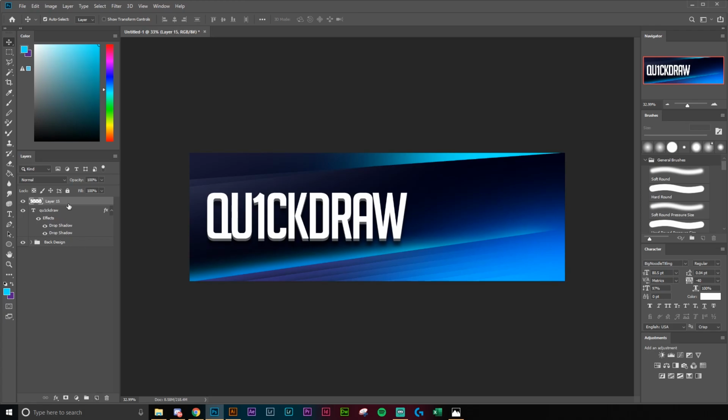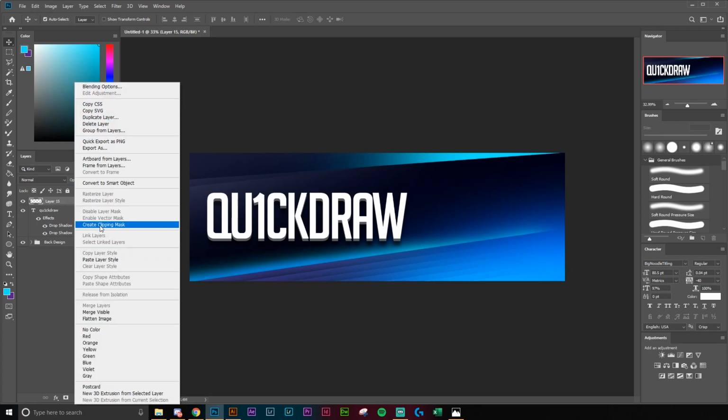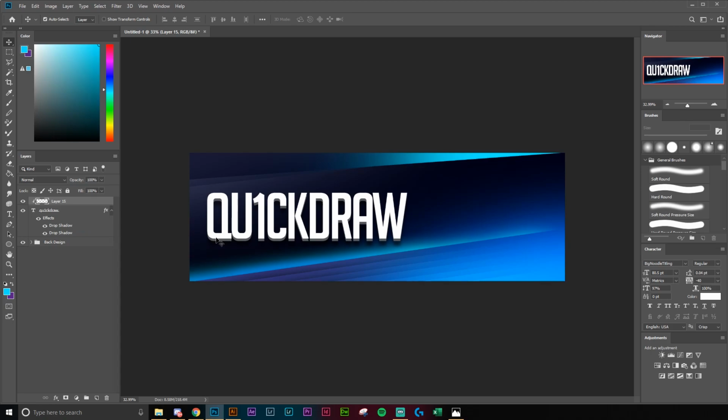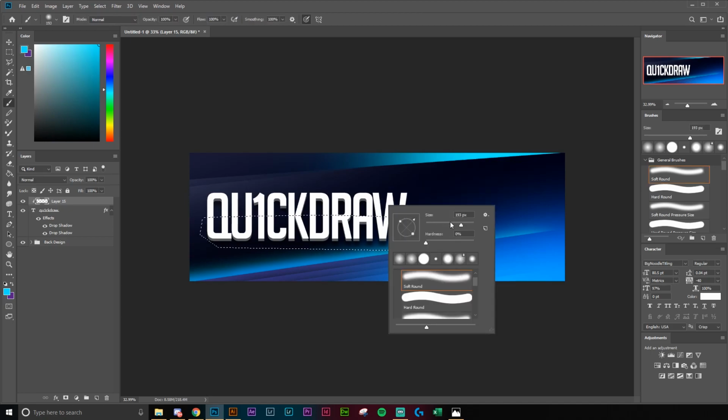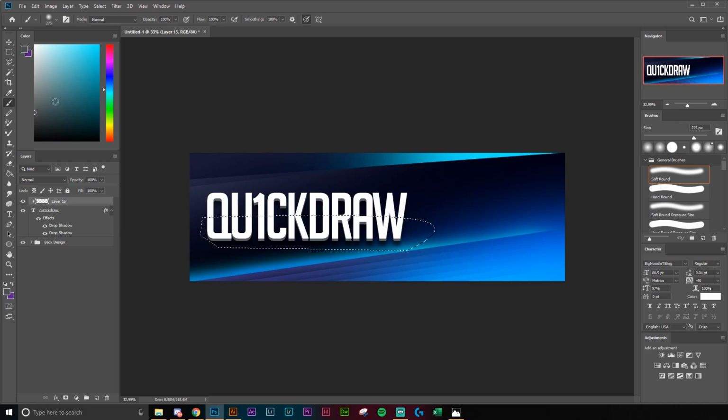On top of this, we're going to create a new layer. Right click, clipping mask. In this clipping mask, it's only going to select the text that we've done. We're going to hit P on our keyboard for our pen tool, click once, click again, and we're just going to create a nice curve. Then we're going to select around the text, selection, okay, hit B on a keyboard, around 250, 300 pixels for our brush size, and I'm just going to go to a nice bluish grey as we had for the drop